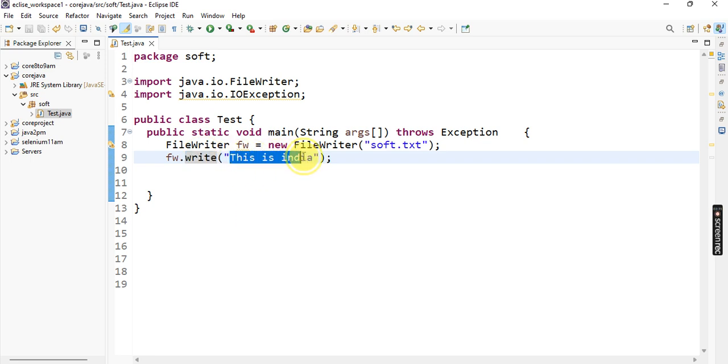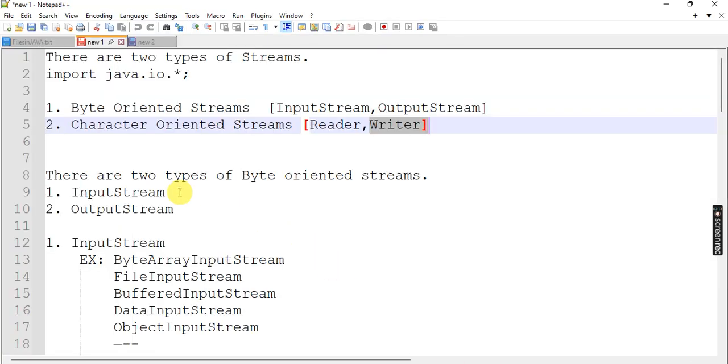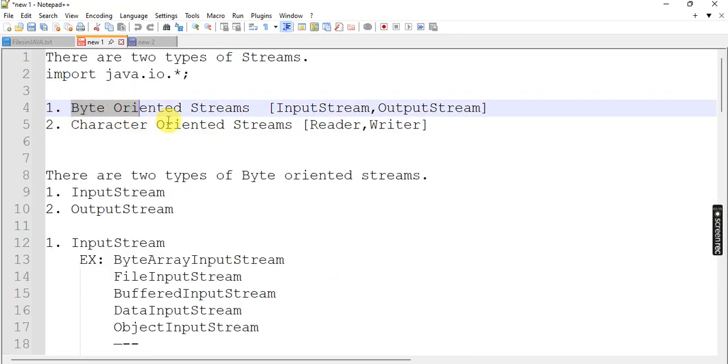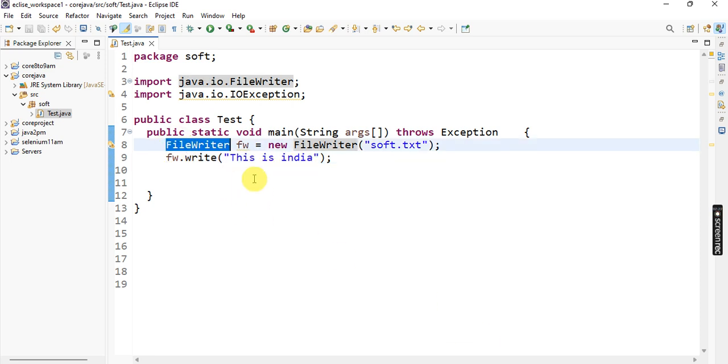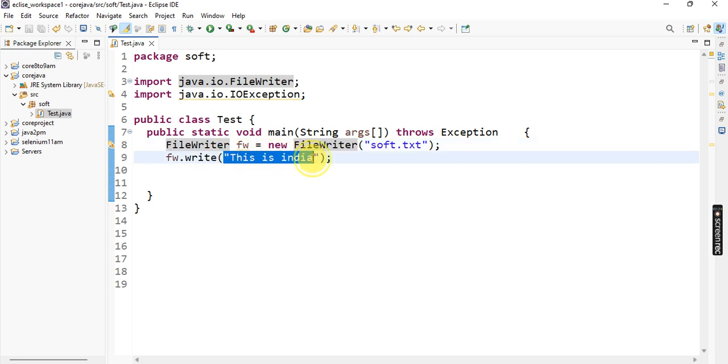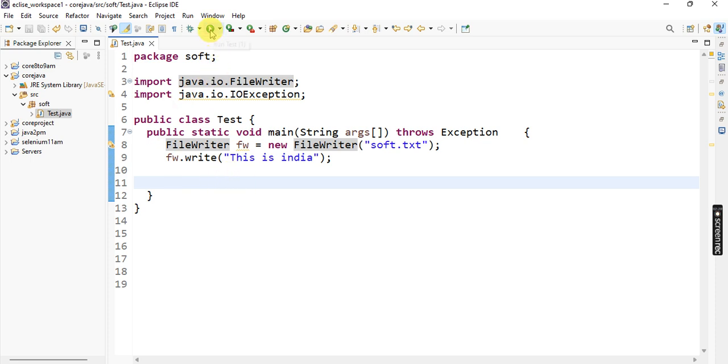Directly I write text. Streams mean that a single byte only we can store, and reading data is also single byte. But using the FileWriter class we can write a string, or a group of strings, also. So when I execute this program,